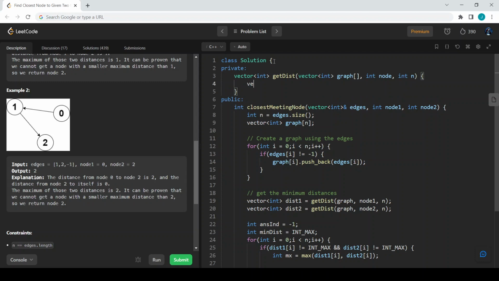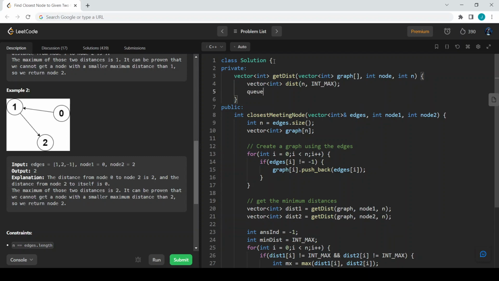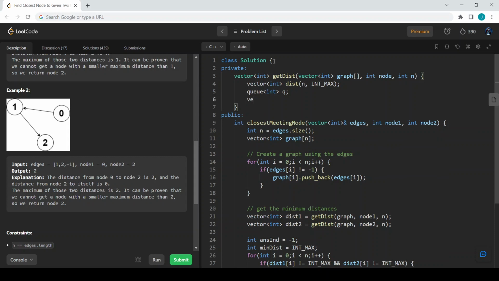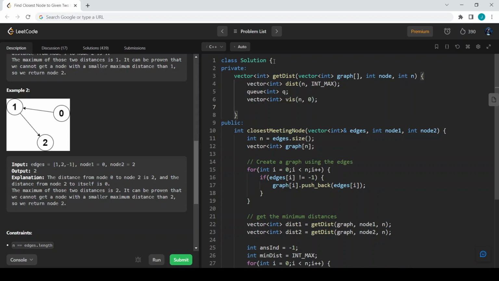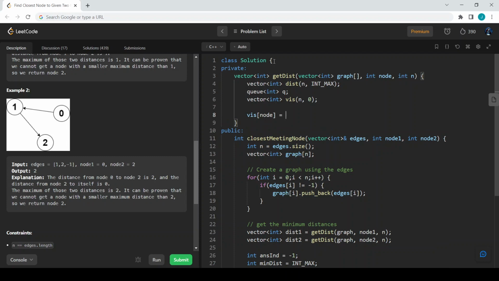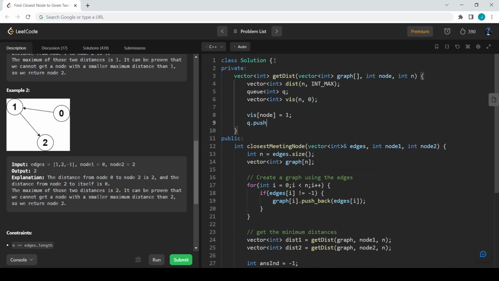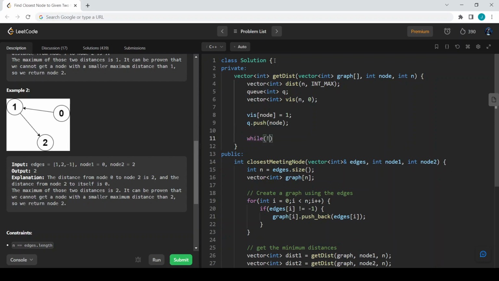And what we can do is define the vector of int distance of size n, and it is going to be initially INT_MAX. I'm going to have a queue of int q to do the BFS traversal, and I'm also going to have a vector of int visited of size n, and initially it is going to be 0. We can say visited of node is true, and q.push the node to our queue also. And while my queue is not empty,